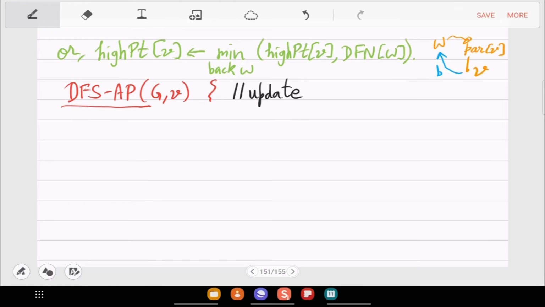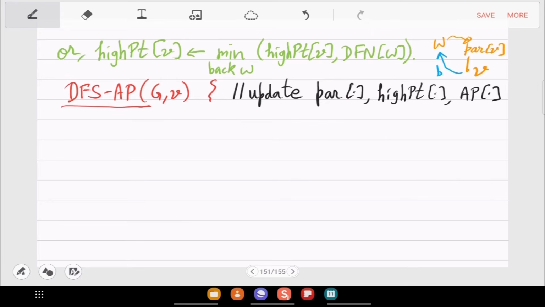On top of the data structures that were there, now you have also the parent array, the high point array, and the articulation point array. Okay, so this pseudocode will maintain, in addition, these three arrays.